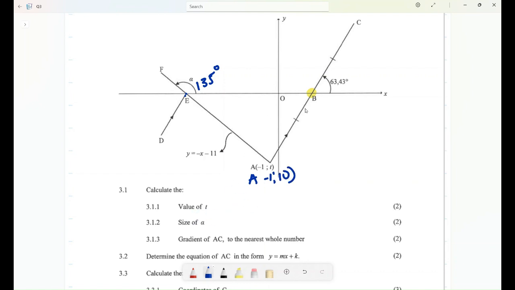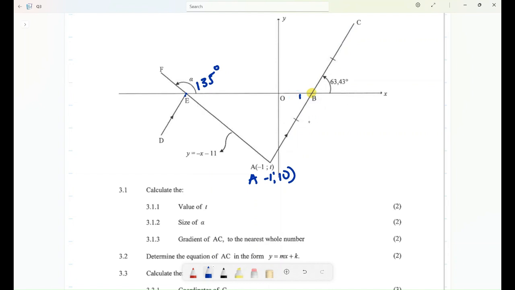Okay, thank you. Gradient of AC. The examiner was giving easy marks here. This is basically grade 11 analytical geometry. So yes, make sure that you know it. Gradient of AC here. Remember, if you want the gradient, instead of using the gradient formula, because you do not know this coordinate here,